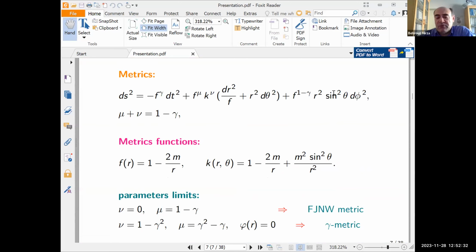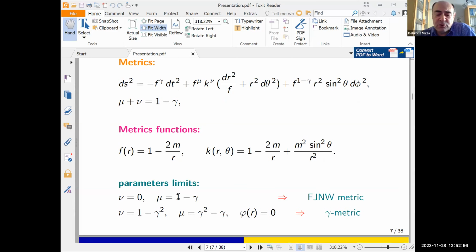However, this new form of metric that we found reduces, in a special limit, to these two types of old known metrics. And we have found a lot of other metrics if we choose mu and nu for other values. We can find many new solutions that are all related to the gamma metric and very similar to it.